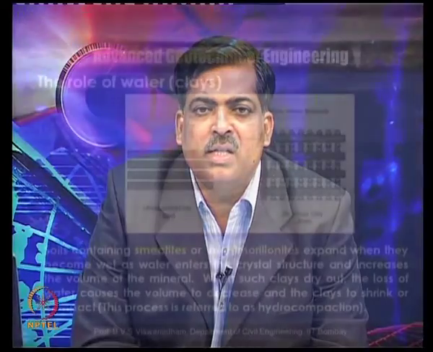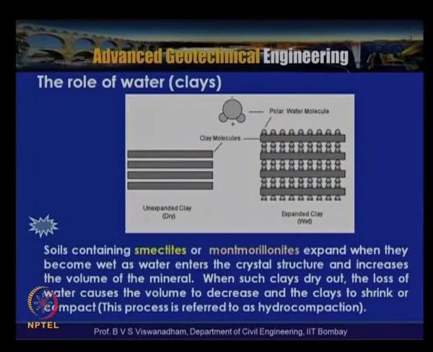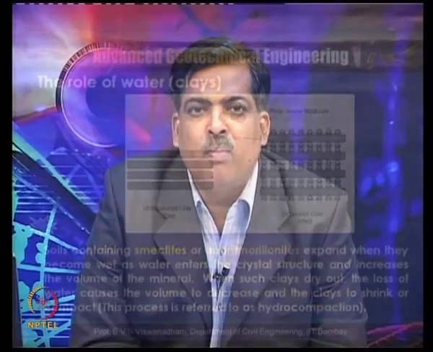This means the soil mass is subjected to an increase in swelling potential, and when the water evaporates, it is also subjected to shrinkage. When such clays dry out, the loss of water causes the volume to decrease and the clays to shrink and compact. So, the clay particles will be pulled together, and this process of evaporation of the water out of these